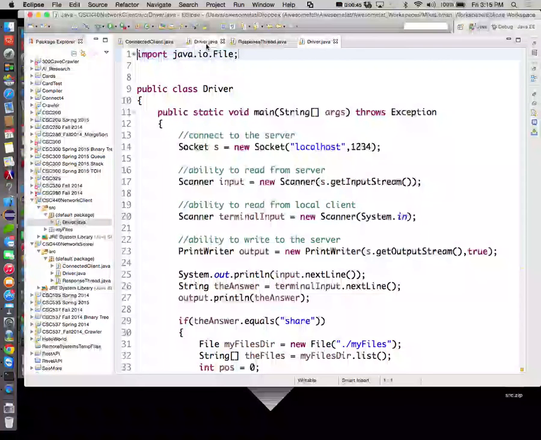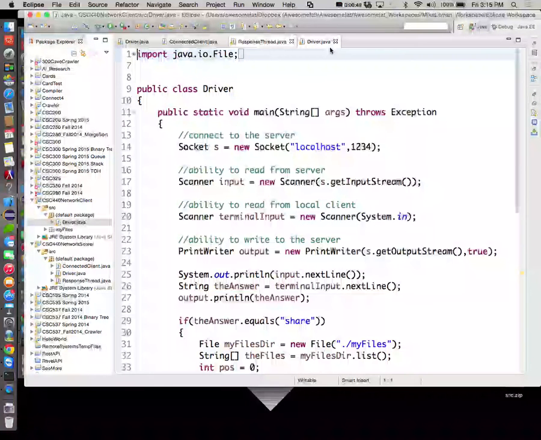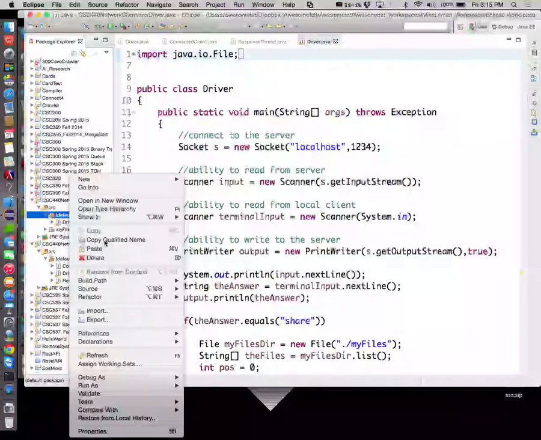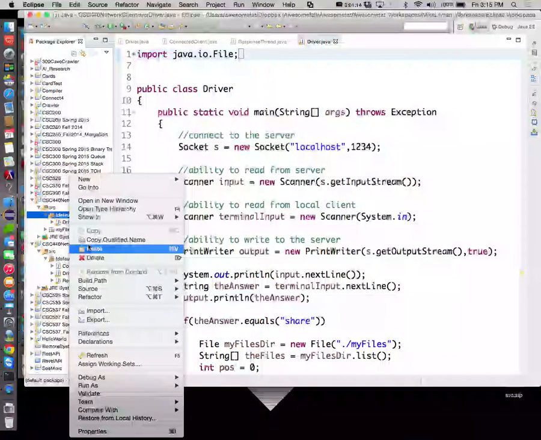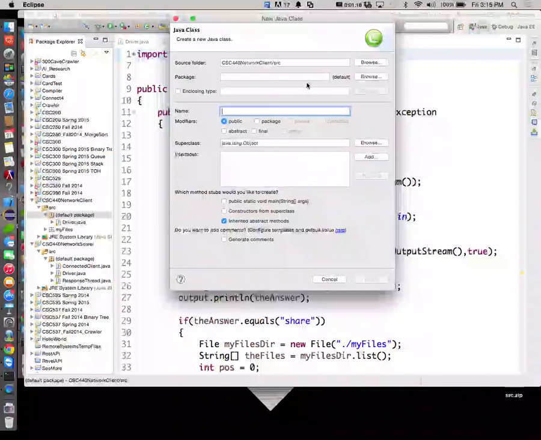All right, so the one to the far left is our server. The one to the far right. Okay. So for starters, let's clean up our client a little bit because we need to have this client a little bit more modular in order to work with the stuff that we're going to be working with. So we're going to go ahead and create another object on our client side. And let's create a new class. And let's call this guy